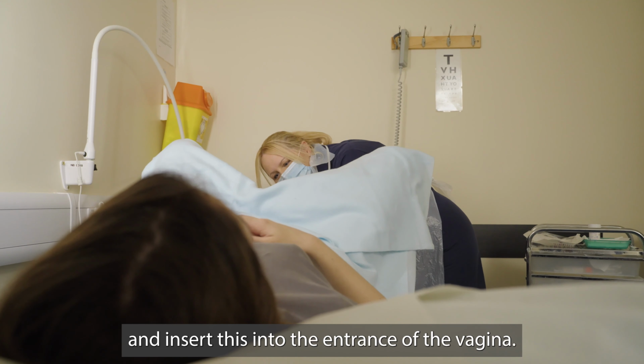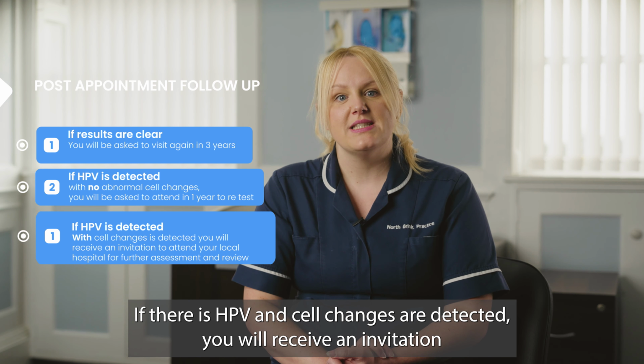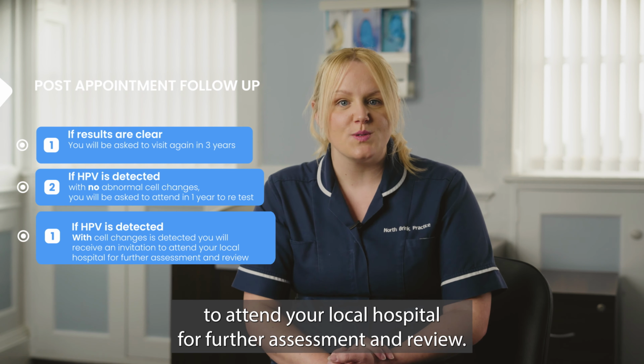Once complete, you can dress and your sample will be sent to the lab and your results will be posted to you. If the result is clear, you'll be asked to attend in 3 years' time. If HPV is detected with no abnormal cell changes, you'll be asked to attend in 1 year to retest. If there is HPV and cell changes are detected, you will receive an invitation to attend your local hospital for